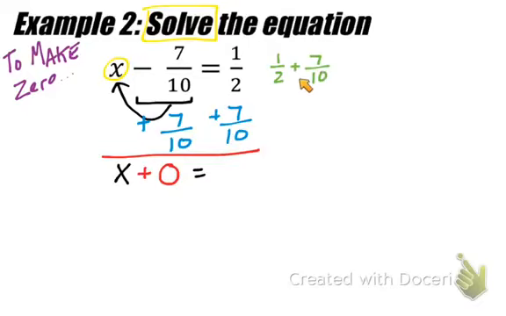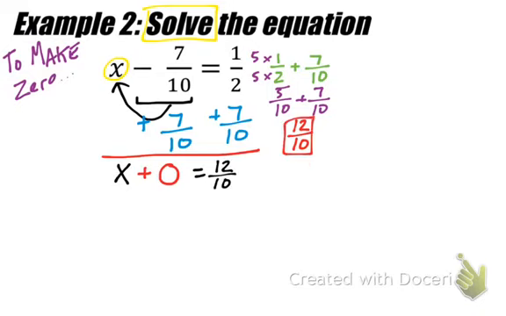So 1/2 plus 7 tenths, how do we do this without a calculator? In order to add fractions, our denominators have to be the same value. So the least common denominator between 2 and 10 would be 10. So I'm going to multiply the numerator and denominator by 5 so that I have 5 over 10, because that's the same thing as 1/2. So now that I have 5 tenths plus 7 tenths, I can add the two fractions together because the denominators are the same. So we just add the numerators, and we get 12 over 10,